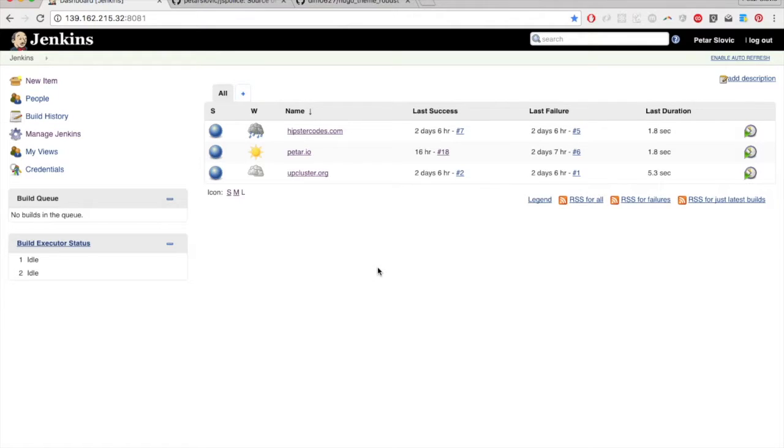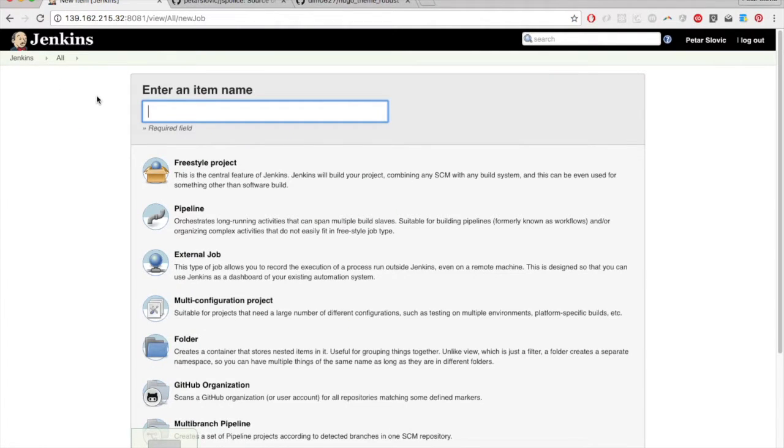Hi guys, let's do a quick tutorial on how to set up a Jenkins job to build your Hugo website. To build a Hugo website, we will have a project hosted on GitHub, and when we push to that repository, Jenkins will pick that up and it will execute a few commands to build our website and to deploy it to our server. So the first thing we need to do is create a new item here,